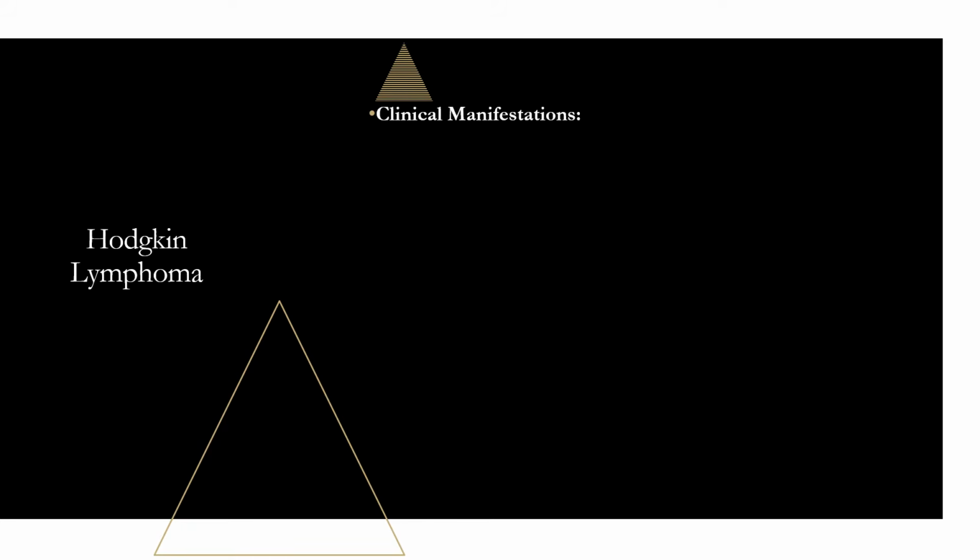Clinical manifestations, 3 things that you should know. First one, most important, it's going to be non-tender lymphadenopathy. Neck being your most common site. In all of lymphoma, non-tender lymphadenopathy, that is what you are looking for. It's going to be your most common presentation for a patient with Hodgkin lymphoma, seen in more than 2/3 of